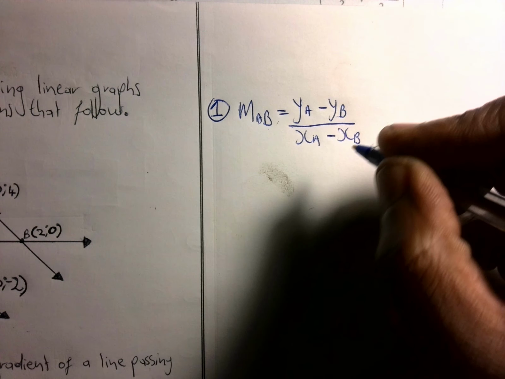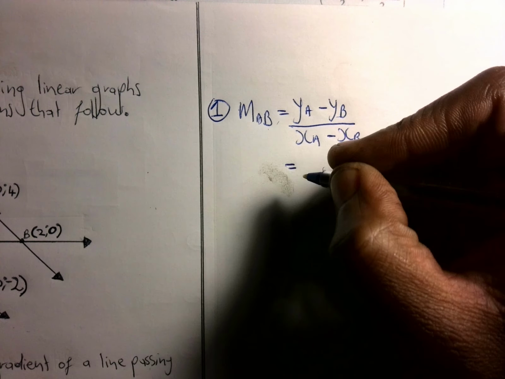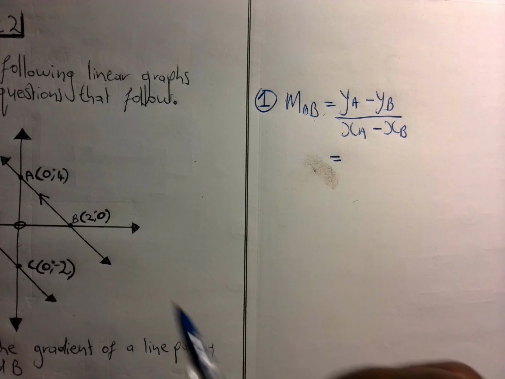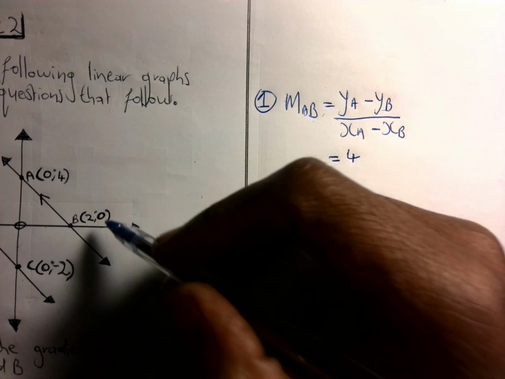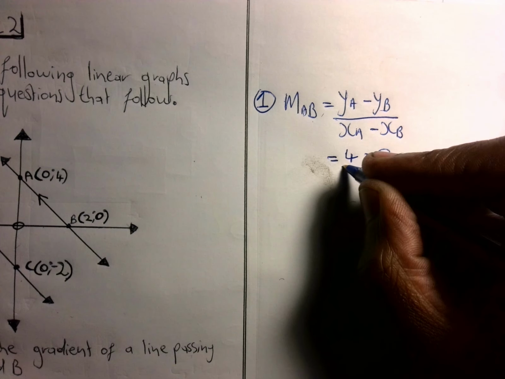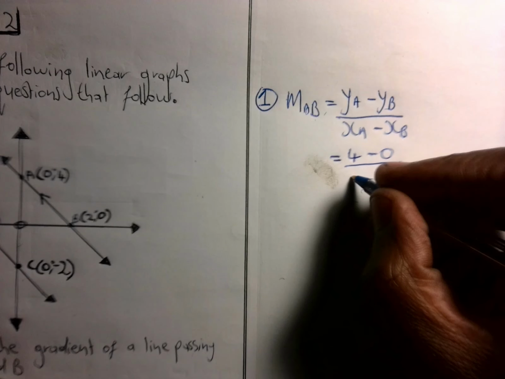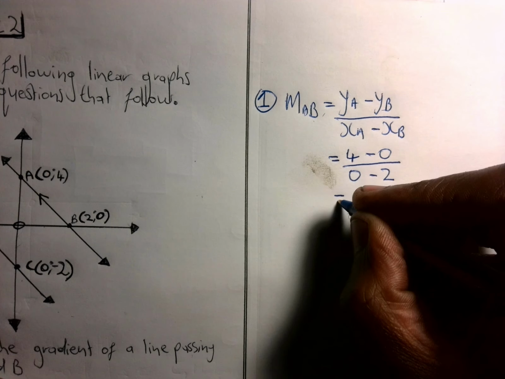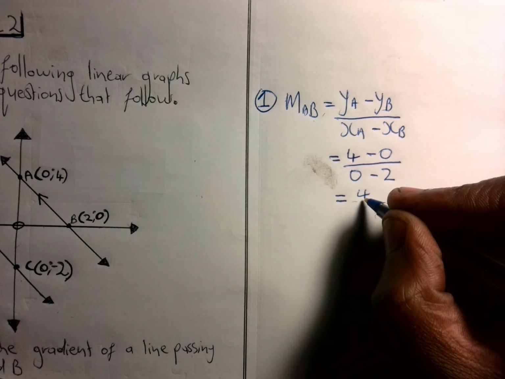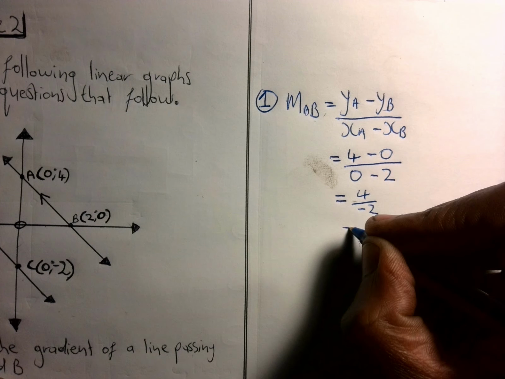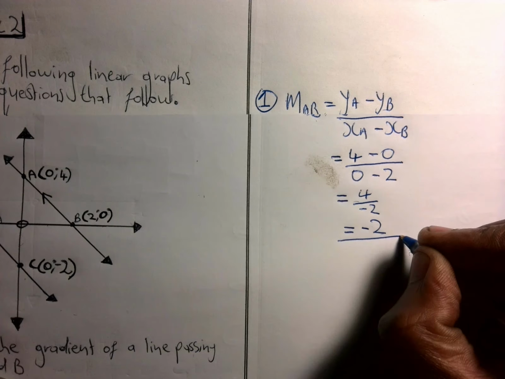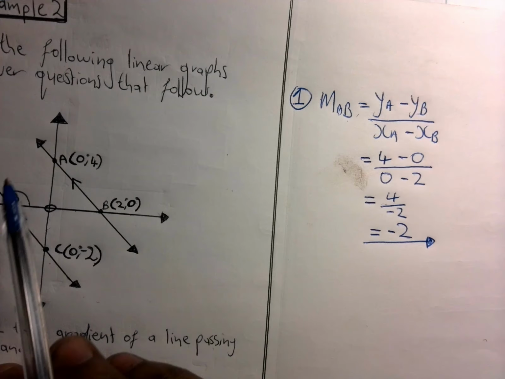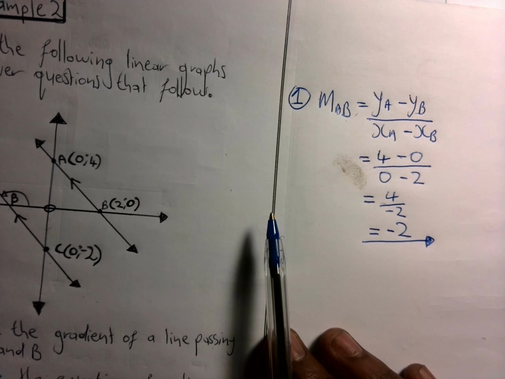This is going to be equal to... XA is what? The YA is 4, so we're going to have 4 minus 0 over XA is 0, 0 minus 2, so that is going to be equal to 4 over negative 2. That is going to be equal to negative 2. That is going to be our gradient for this line AB. And then the next question is